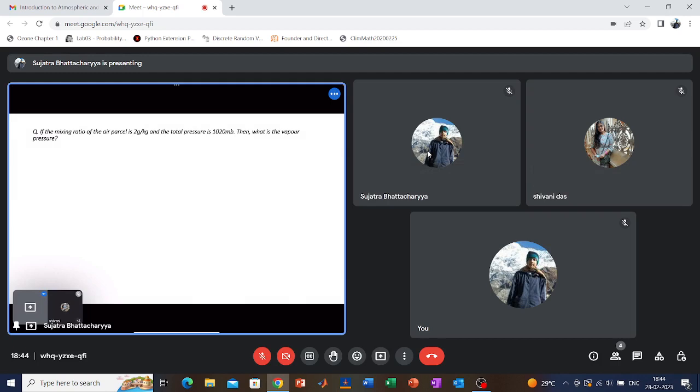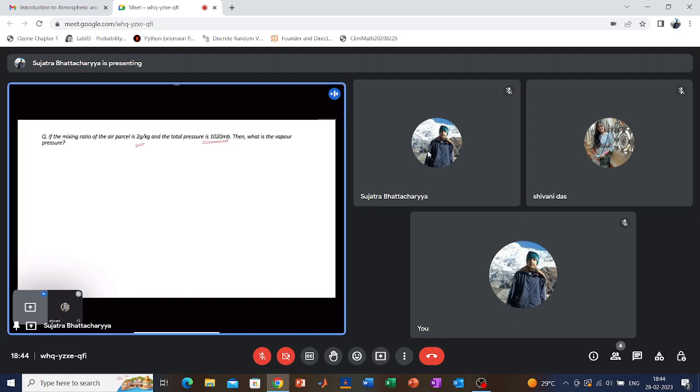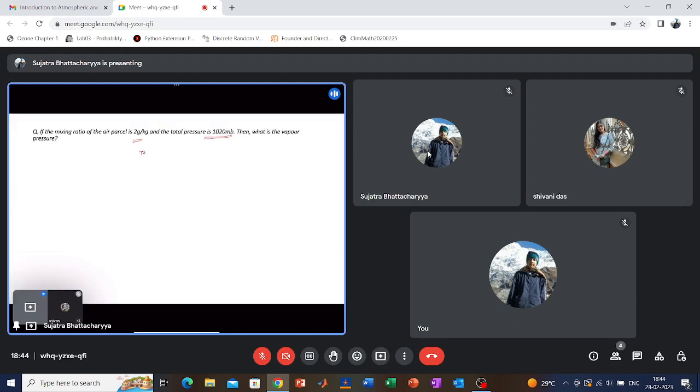So here the question is given that if the mixing ratio of the air parcel is 2 grams per kg, the total pressure is 1020 MB, then what is the vapor pressure? Fine. Now, what is mixing ratio? Mixing ratio, I denote it by R. People generally do it by W, so I denote it with R. That will be given, that is